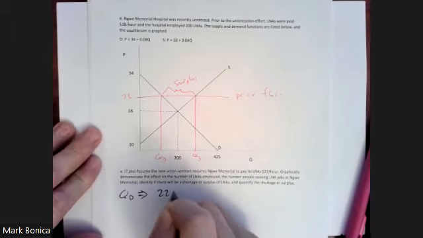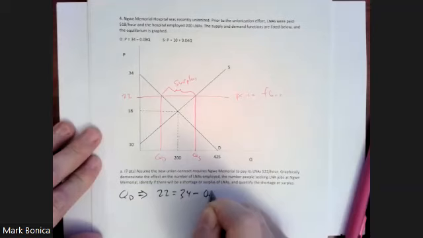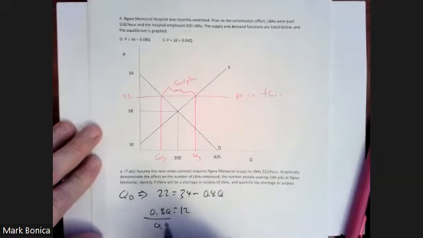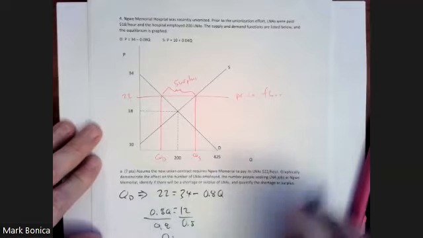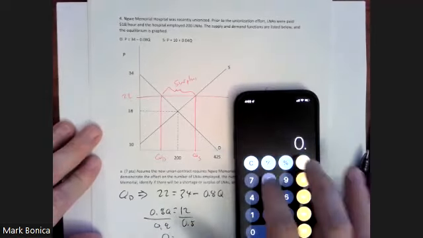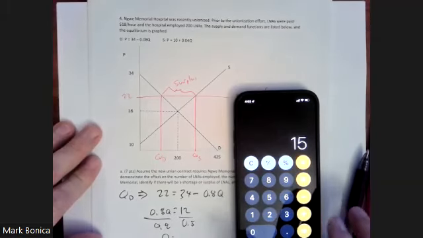Is equal to 34 minus 0.8Q. I shouldn't have used 0.8 twice. That is what it is, and you don't think about these things while you're writing them. So 34 minus 22 is 12, plus 0.8Q to both sides, then divide through by 0.8. And we get Q is equal to 12 divided by 0.8, 15.